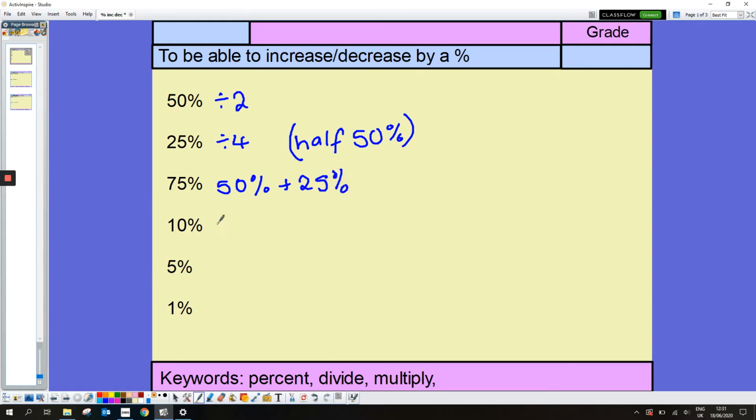If I'm looking for 10%, then I just divide by 10. If I'm looking for 5%, I can halve 10%. And 1% would be dividing the number by 100. Every other percentage is achievable by doing a mixture of these. So if I wanted 20%, I could double 10%, and I can get any other mixture, especially using 1%. So my first questions